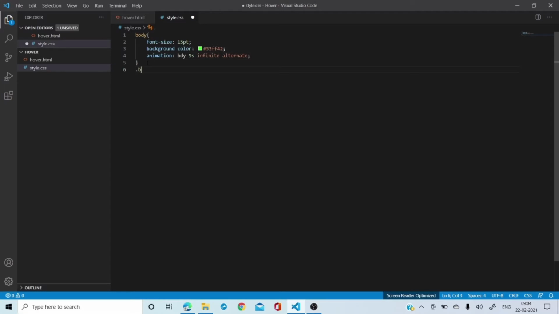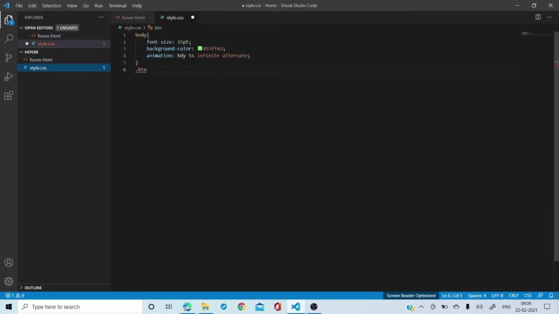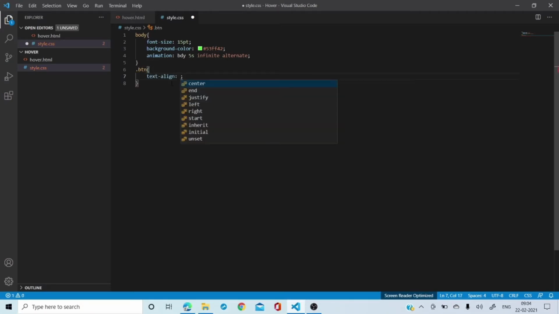All right, let's talk about the BTN button. Now, why am I using .btn? Because if you go over here and see, BTN is actually a class, and I told you for class we have to use .btn. Okay, once you've used this, use a curly bracket, and then let's make it, say, text align should be at the center.